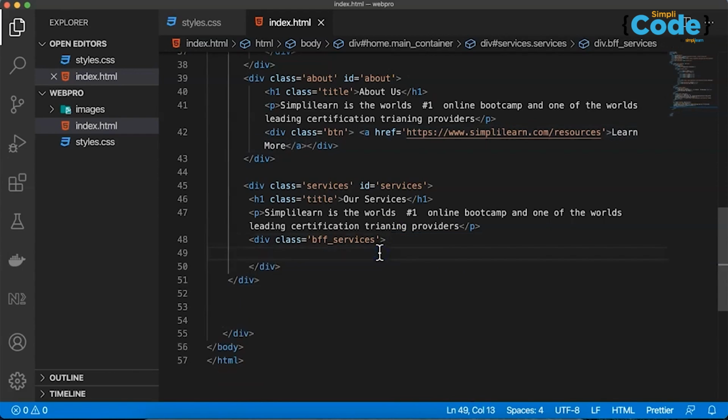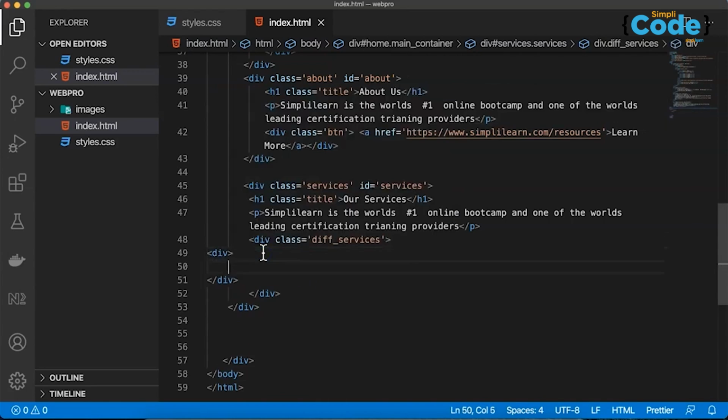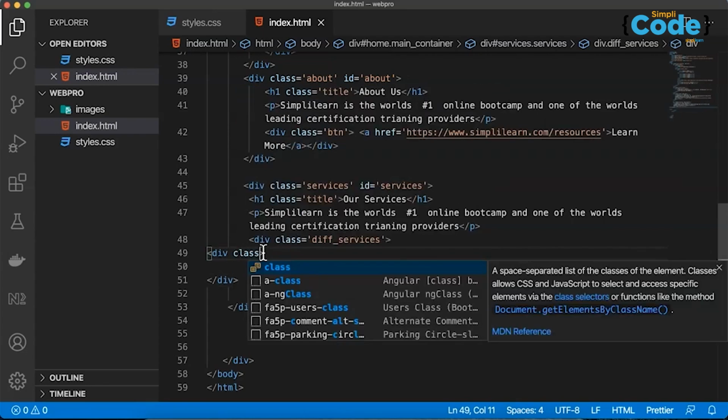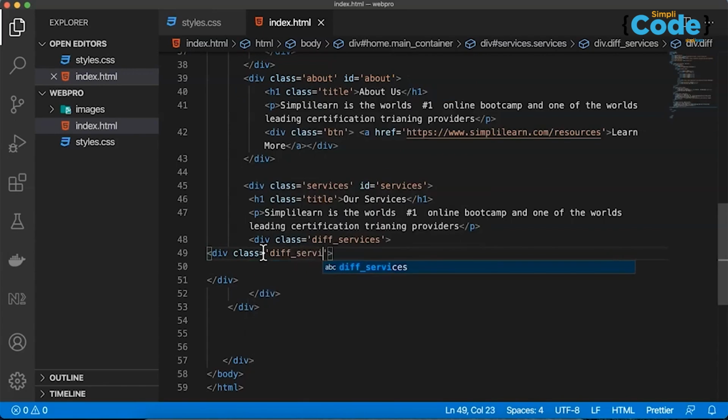Okay, div class equal to div, once again spelling wrong, div services. Here we want to use another div tag, and in this div tag we want to say class equal to div underscore services underscore